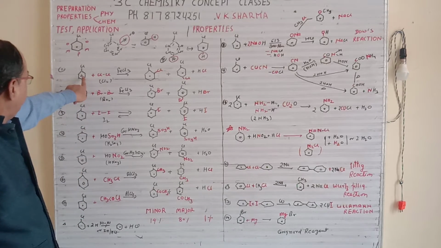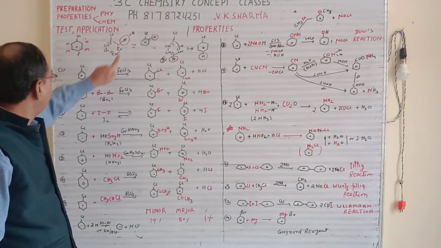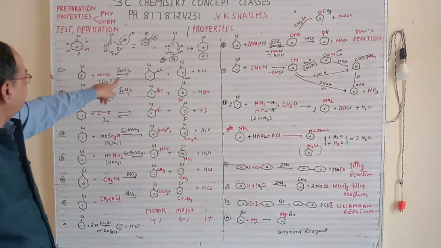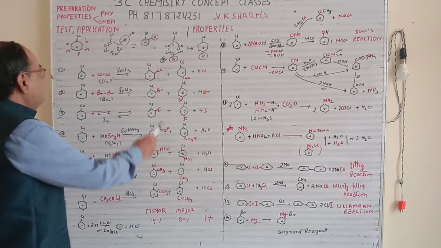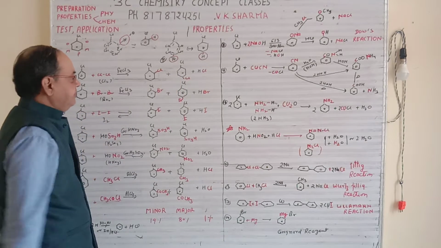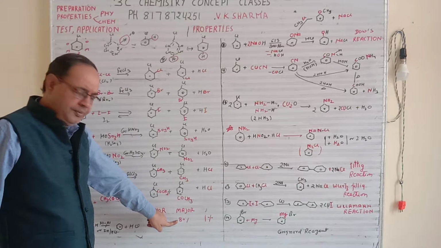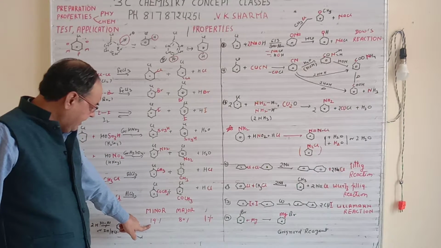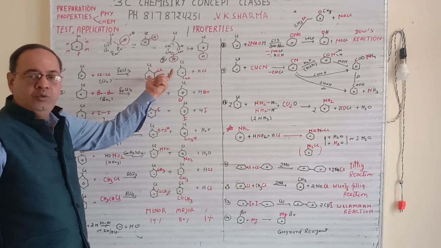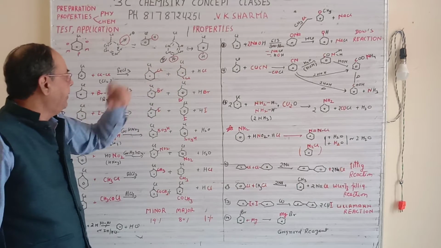So now suppose we are going for chlorination of chlorobenzene. One Cl will take this hydrogen, and HCl will come out. So this Cl will react with this, and it will give you the ortho and para compounds, that is, chlorobenzene at the ortho position and chlorobenzene at the para position, plus HCl. The para is the 80% quantity and the ortho is the minor quantity, and 1% is your byproduct. So this will always give you a mixture of ortho and para. It won't give you individual ortho or individual para.